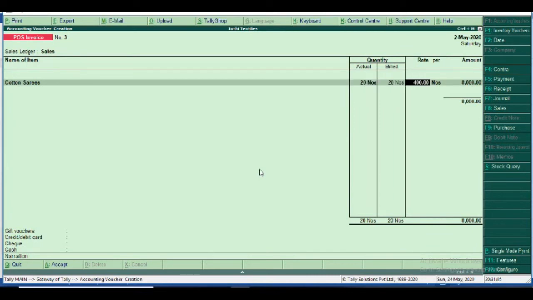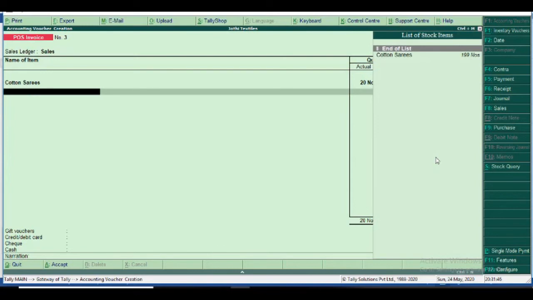Okay, I enter. Now it moves to rate modification, because the last transaction has 400 rupees. In retail, the rate is mostly not changed, so this configuration automatically allows the previous entry's sales rate. If I need to modify it in every sales bill, I enable this option in the F12 configuration. So it is easy to use. Okay, 500 cotton sarees.